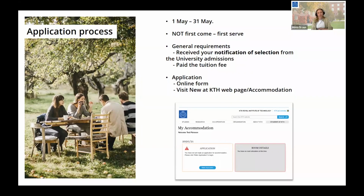To be able to apply, you need to have received your letter of acceptance. That is the notification of selection results that you receive via the university admission, and you must have paid the tuition fee. If you're a joint master student, you need to have received a formal acceptance letter from KTH to your program and pay the tuition fee if you're obliged to do so. If you, as a joint master student, are accepted late and haven't received the acceptance letter by the 31st of May, please email us at